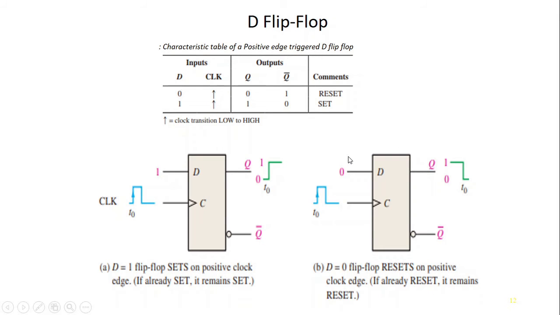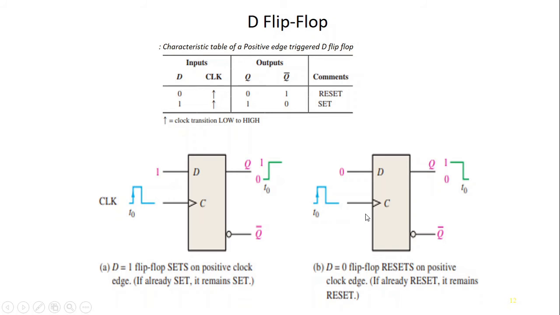Here is the working of the D flip-flop. The operation of the D flip-flop can be summarized like this. During the positive edge, that means when a transition from 0 to 1 occurs, the input present at the D flip-flop will change the state of the flip-flop to 1, and if it is already set, it remains set, otherwise it will be set.